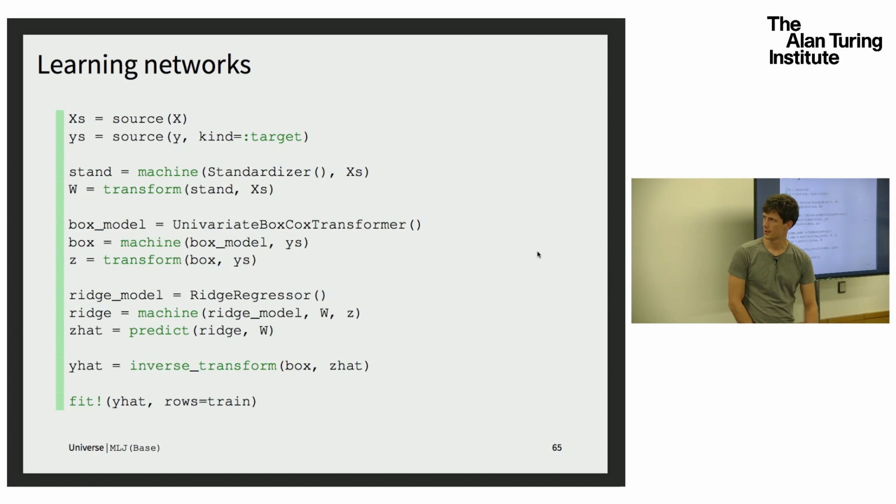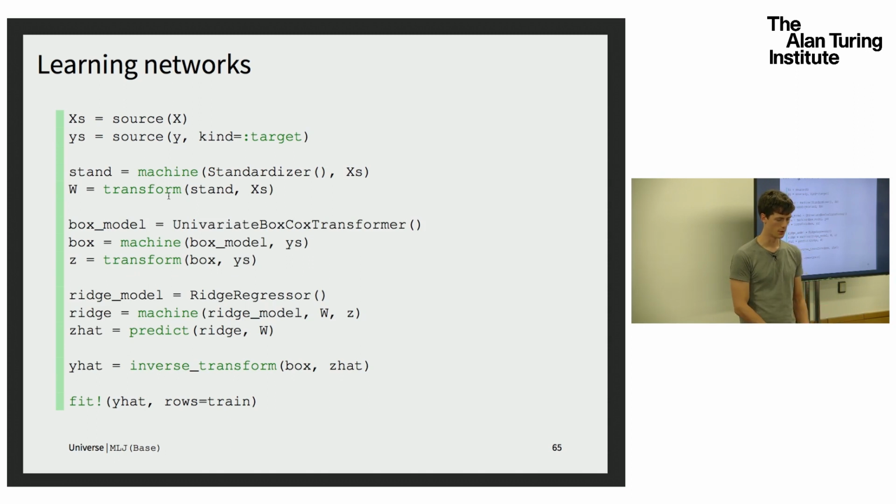This is a small example, but I'll show two things here. One is the expanded syntax of how to define such a learning network on a simple example. And then there is a much more compressed syntax for this. So let's go. You start with defining the source nodes. This is where you put the input data, and you have to specify which one is your target. And then you would specify